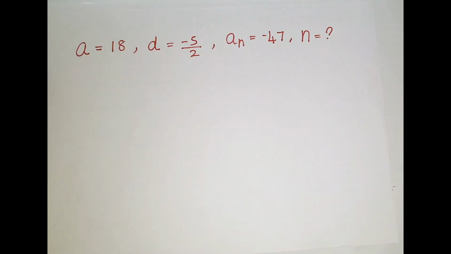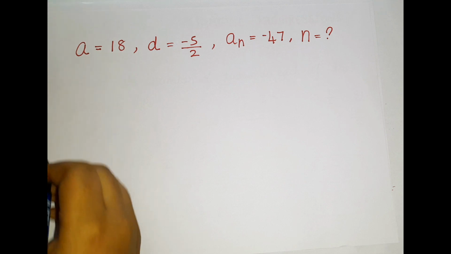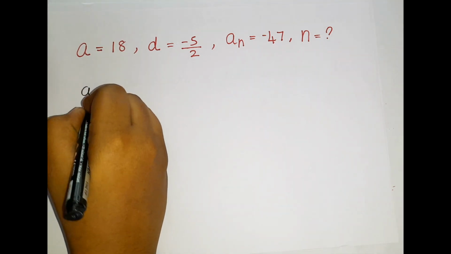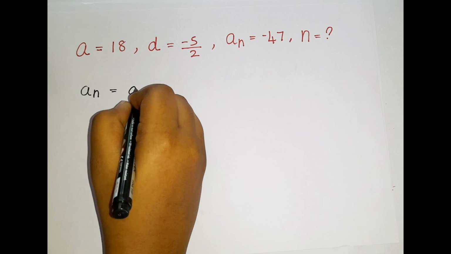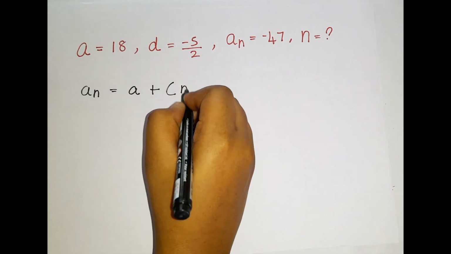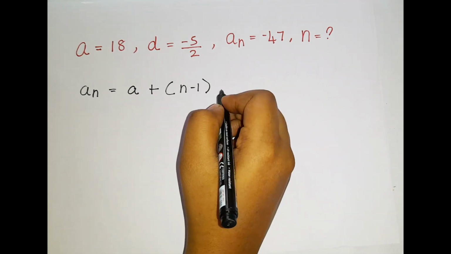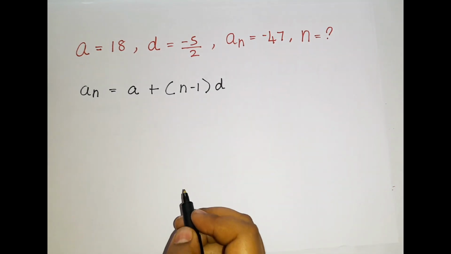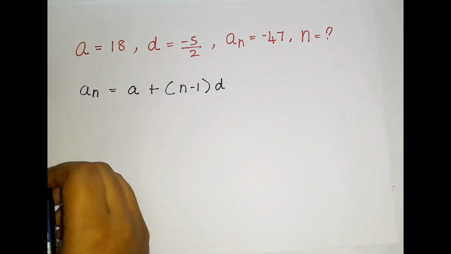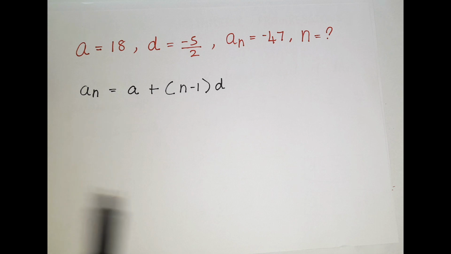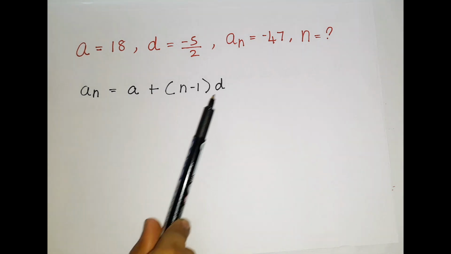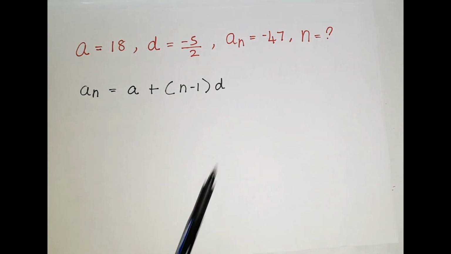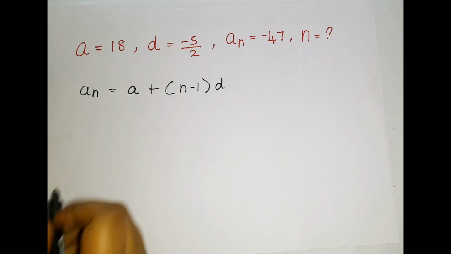I just wrote the values as they are. Now let us apply the formula. So what is the formula? The formula is AN is equal to A plus N minus 1, and of course we are supposed to write the brackets, into D. This is the formula. Now we can substitute the values. What is the AN value? The AN value is minus 47. So let us write minus 47